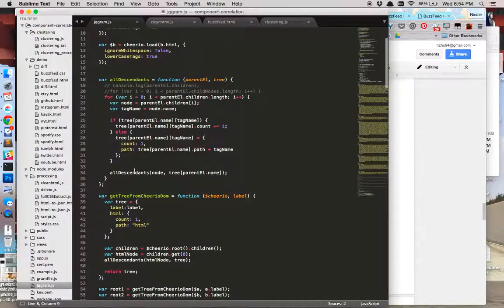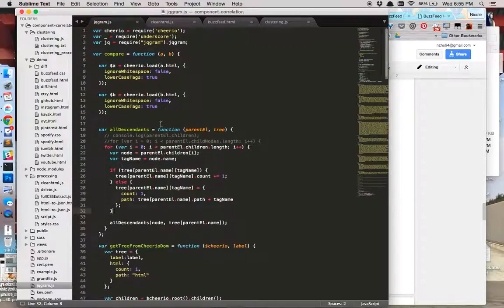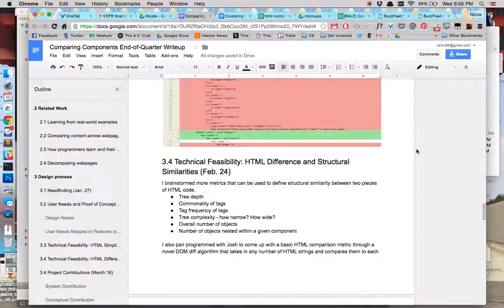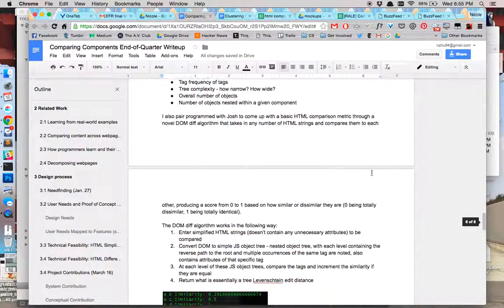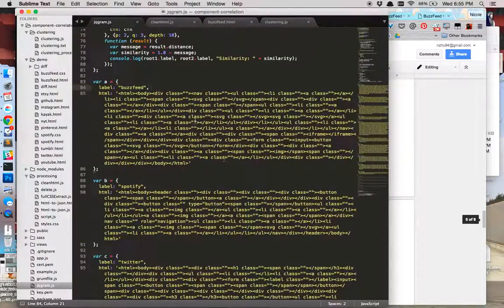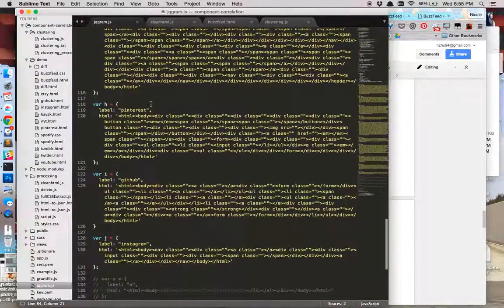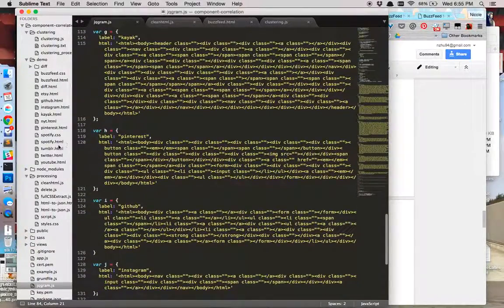it assigns a value from 0 to 1 of how similar the tree edit distance is once we've processed these strings of HTML and structured them in terms of a nested, almost like it's basically a nested JSON object. And so as you can see here, I ran this then on a preliminary demo of technical feasibility, with the examples of BuzzFeed, Spotify, Twitter, YouTube, and a couple of other